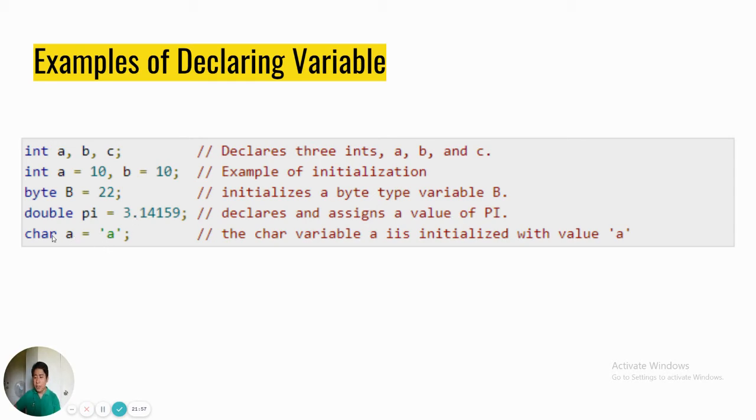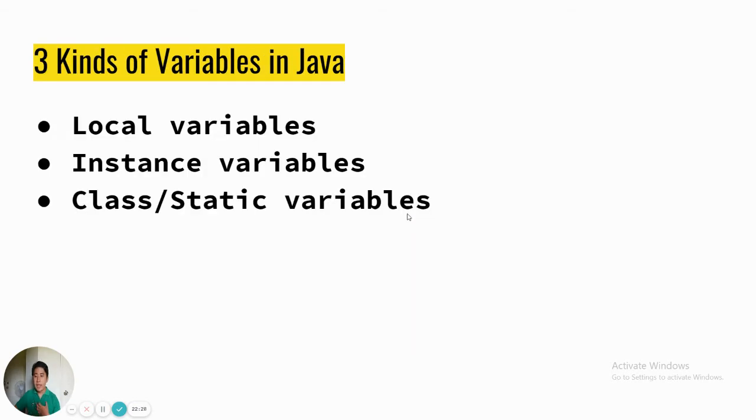So the last example here is car A or char A, however you want to read this. So char A equals 'A', inside single quotation marks, okay, and then the name of the variable is A. All right. So let's move on, guys. So this is the example of how you declare a variable. Okay. So next, guys, is